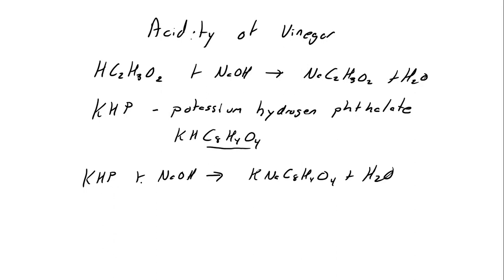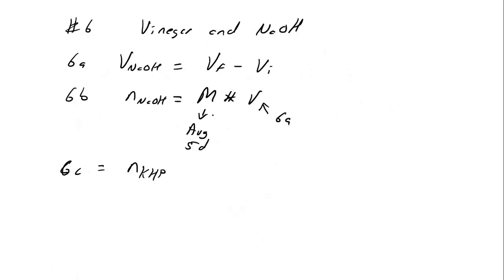What's the relationship? 1 to 1. So basically that means that that's going to be equal to my moles of sodium hydroxide, or equal to 6B. All right, 6D is to find the mass